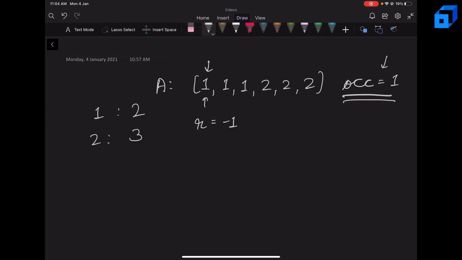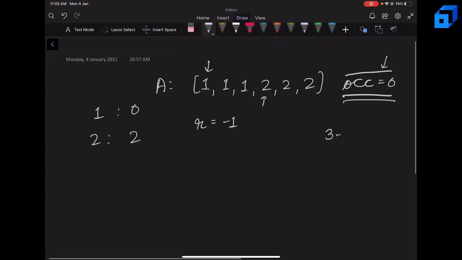But still, we want occurrence to be 0, this variable occ to be 0, so we'll further increase our right pointer. So we will move here and decrease the frequency of 1 by 1. Now notice that the occurrence will remain 1 because the frequency moved from 2 to 1. So if the frequency moved from 2 to 1, then it was obvious that we haven't considered its value in this occurrence variable. So again, we'll try to increment our right pointer. So this frequency becomes equal to 0, but we don't update the occurrence value. Again, we move our right pointer and decrease the frequency of 2 by 1, and this occurrence becomes equal to 0. So now since the occurrence is equal to 0, we stop for this left pointer, because for the first left pointer we have found the right pointer such that if we delete this subarray, we get no element whose frequency is greater than 2. So for L equal to 0, we get R as 3.